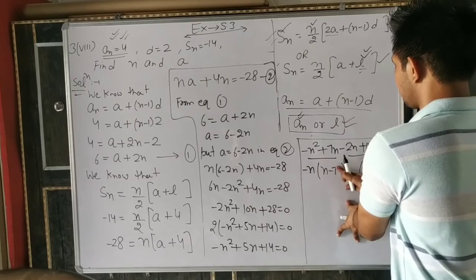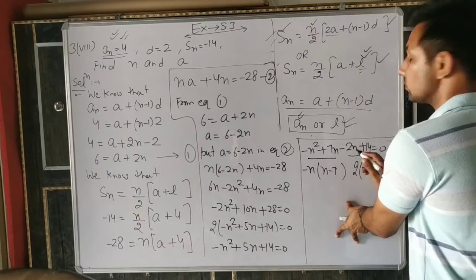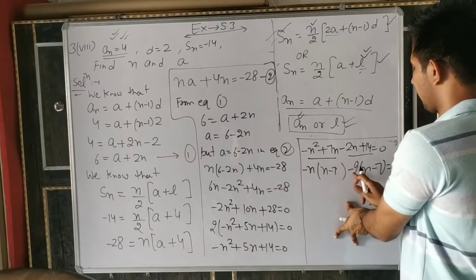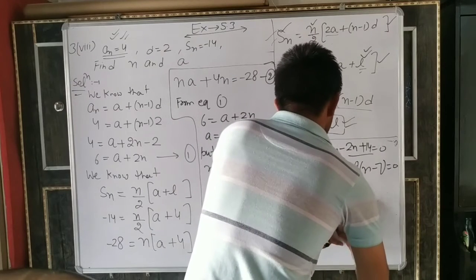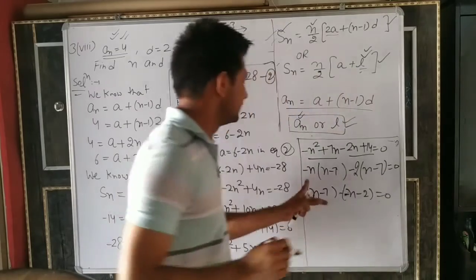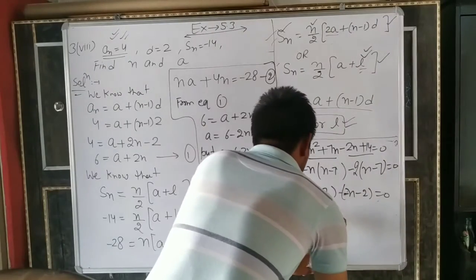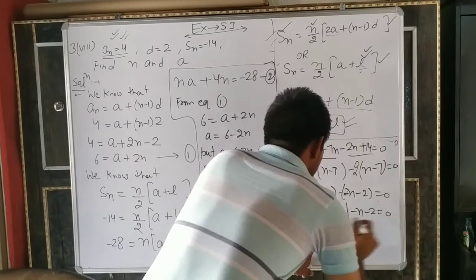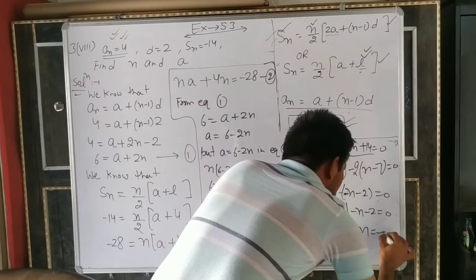N minus 7 equal to 0. So what should we take common? 2 or minus 2? Positive 2 or minus 2, minus 2. Negative into positive is negative. Negative into negative is positive. Again, what is common? N minus 7 multiplied by minus n minus 2 equal to 0, because it is minus 1, it is minus 2. So the multiplication of two numbers is 0. It means the first number is 0, n minus 7 equal to 0, or minus n minus 2 equal to 0. So n equals 7, and minus n on the other side becomes positive, so n equals minus 2.